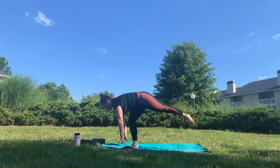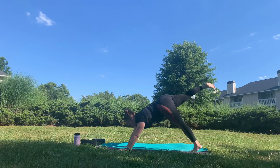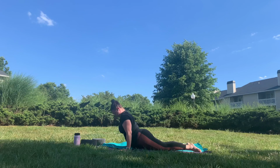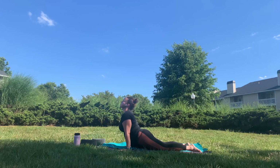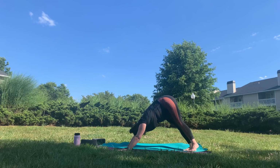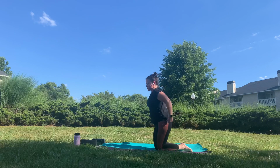Exhale, low lunge. Inhale, right leg kicks back. Exhale to down dog or vinyasa. Inhale for cobra, up dog. Exhale back to down dog. Good, let's take a moment, take a little break. You can sit in child's pose,